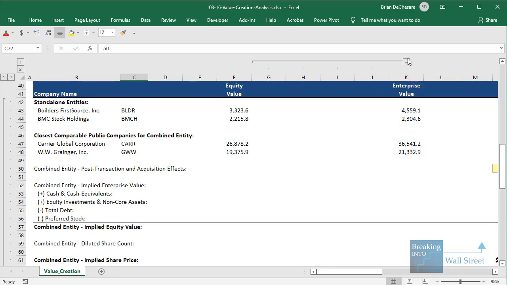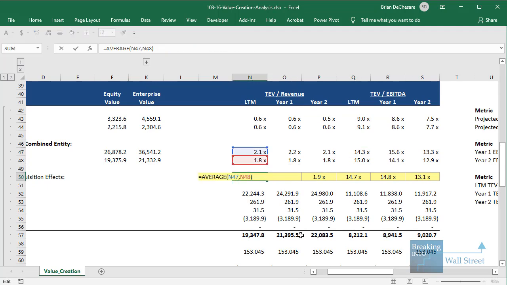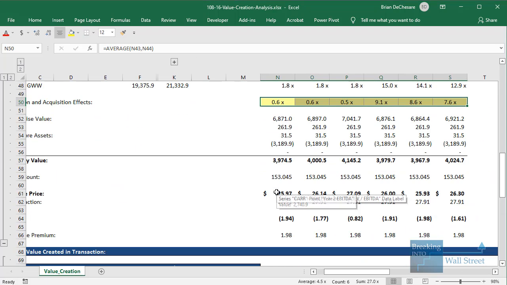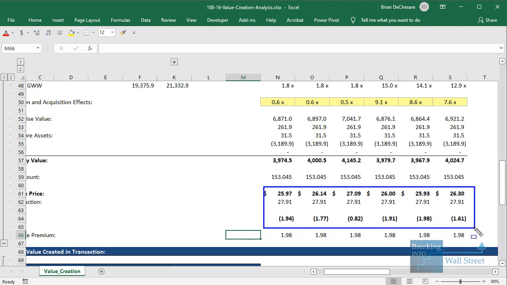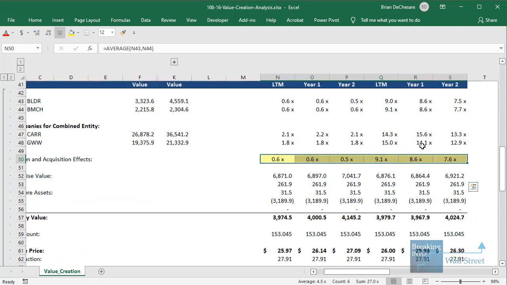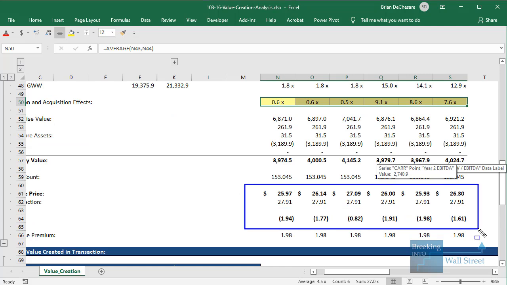adjustment in this analysis, for example, let's say that we go in and we assume that the combined multiple is not an average of the multiples of these two much larger companies, but it's actually an average of our buyer and seller's standalone multiples. If we do that, we can see that actually some value is destroyed in this deal. We get to negative values over here for the per share value created, because if there is no multiple expansion here, if this combined entity just trades at the same multiples, it's not so great a deal for the buyer